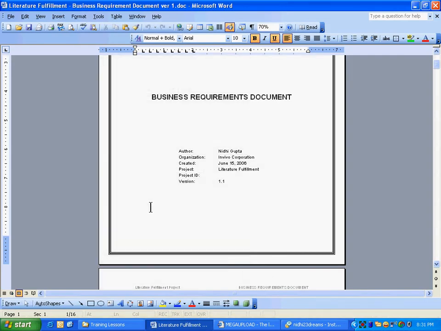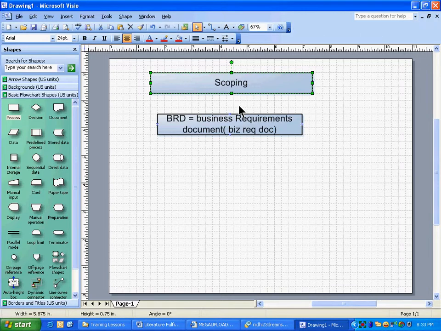So we are going to study what a business requirements document is. As I laid out in front of you, the various documents are in this hierarchy. So the scoping document comes. Well, let me talk about one very important thing. There are two or three methodologies. In every methodology, deliverables are different. In RUP, the first deliverable is business requirements, then functional requirement, then FDD.